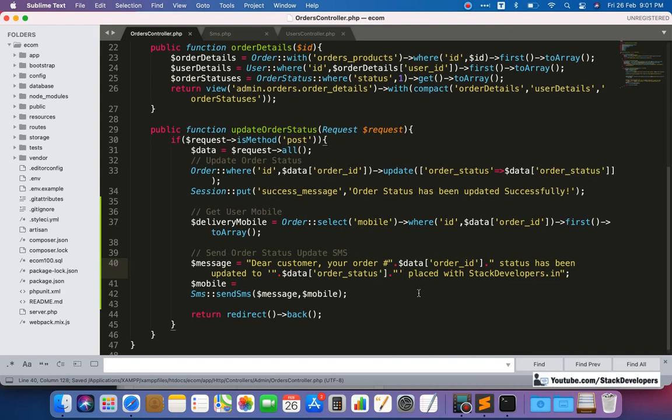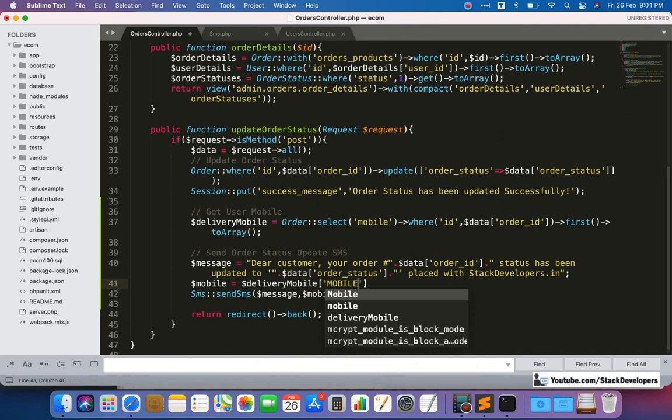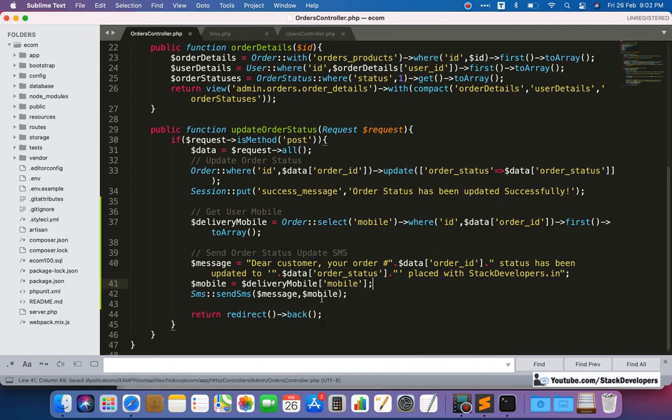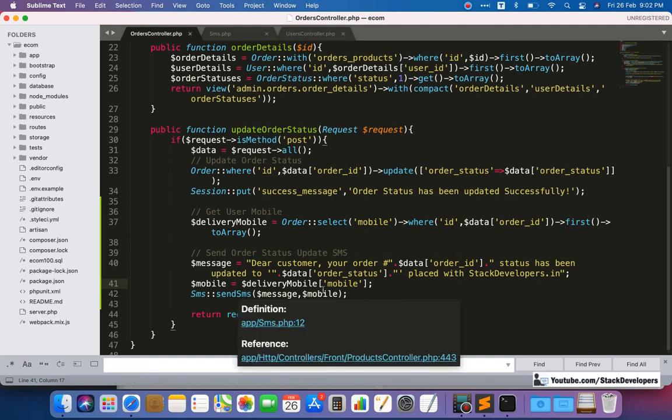So we can send the SMS like this, and the delivery mobile we will get from here, delivery mobile, then mobile in small. Okay, so both message and mobile we will pass to the SMS function to send the SMS to the user.